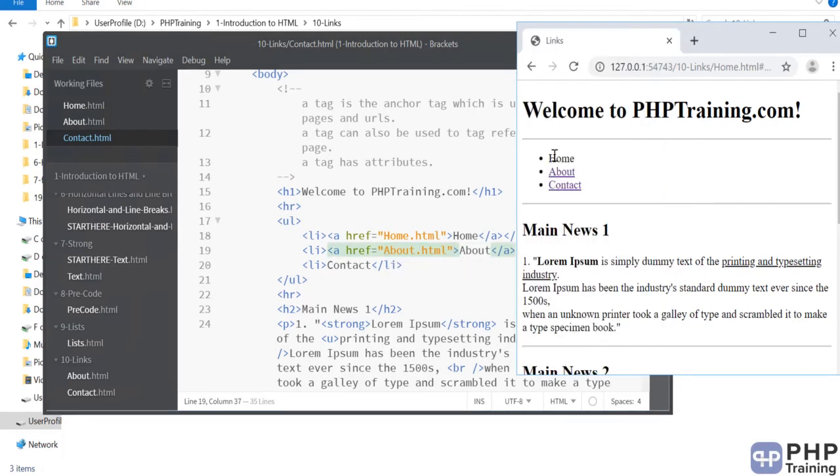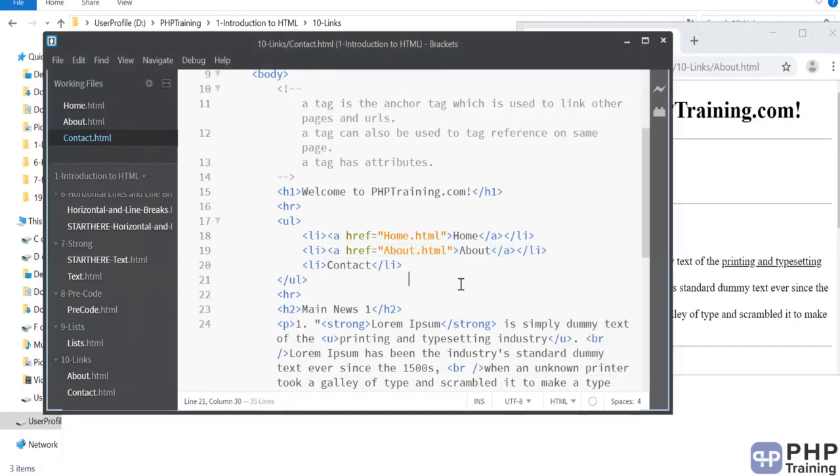So I'm in the home page, I know there's no link, so this is the home page. Now if I go to about, this is the about page, you can see about.html, and you can see the links are for home and contact, so you can navigate now to home and contact. You click on contact, you're in the contact page, right? Now you can navigate back to about, to home, and you can play around with it.